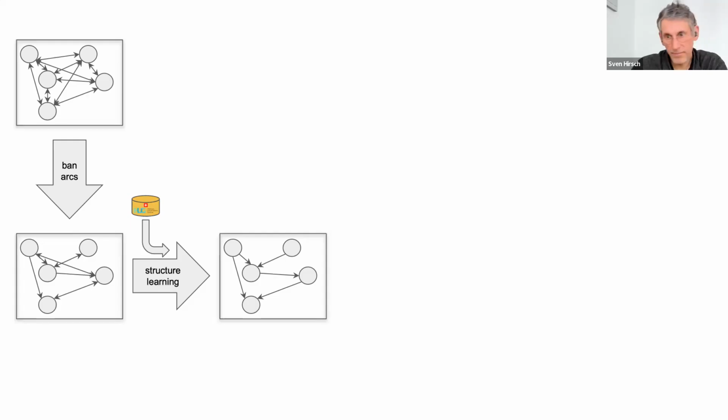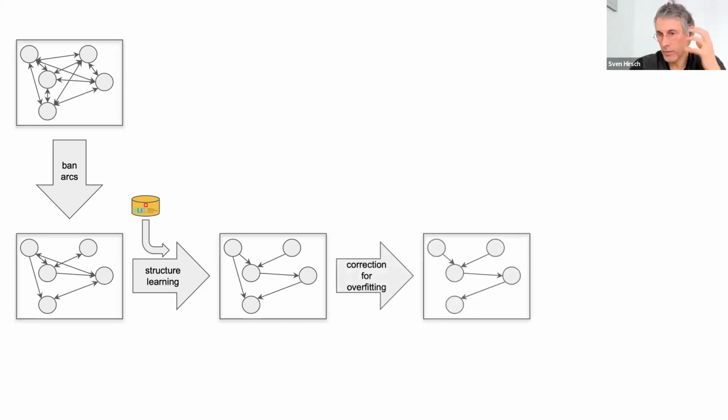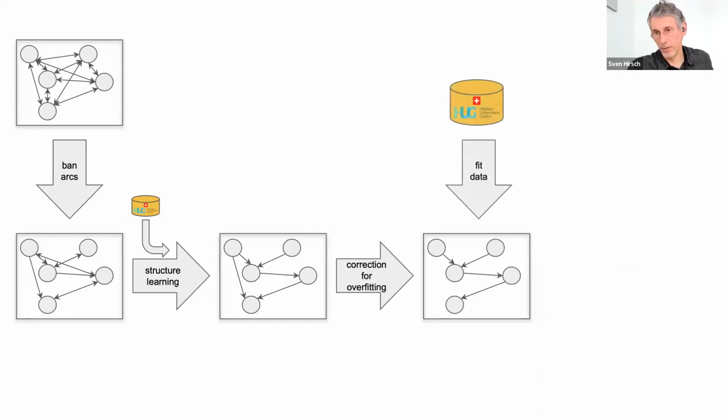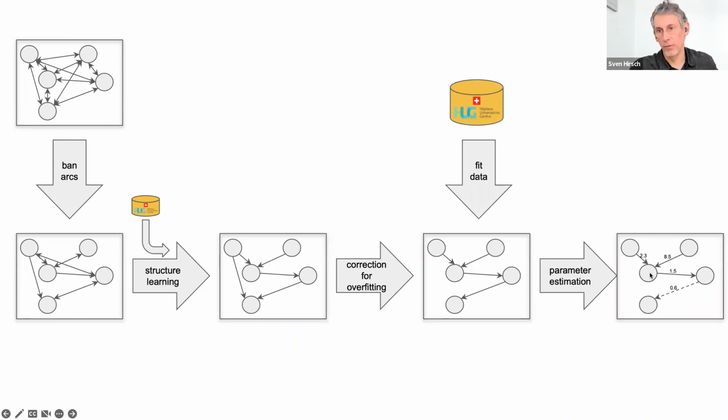Okay, so then you have a structure, and then with the Markov chain Monte Carlo you can also correct for overfitting, or see how you balance the combination of the different samples. That means you also throw away some arcs. The last step is you take your data and fit it to exactly that network that you found, and you learn the conditional probabilities on it. And when you have that, then you have a network graph.